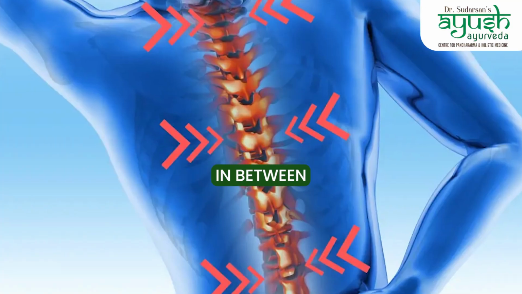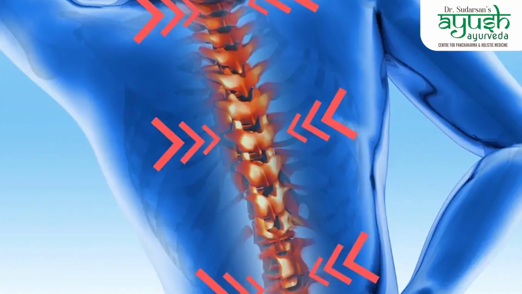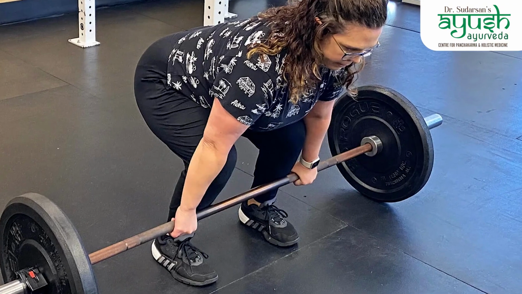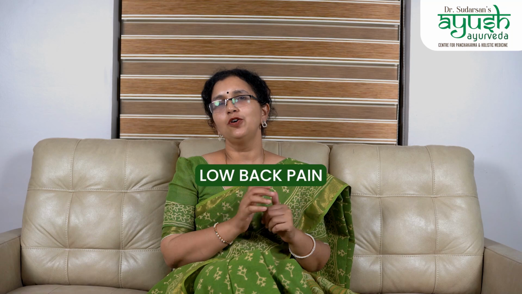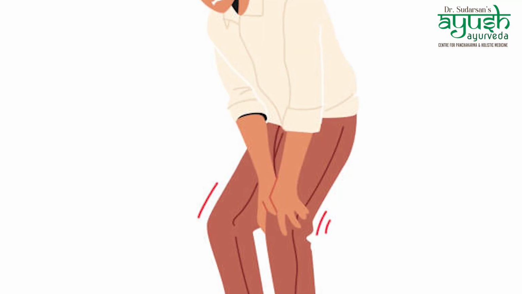Our backbone is made up of many vertebrae, and in between each vertebra there is a cushion-like substance called a disc. Some movements like lifting of heavy weight can cause this disc to bulge and result in low back pain. And this bulged disc, if it compresses the nerves which go down both legs, the person experiences back pain which radiates to the legs. If the nerve is compressed, the person can also experience numbness, weakness or burning sensation of the